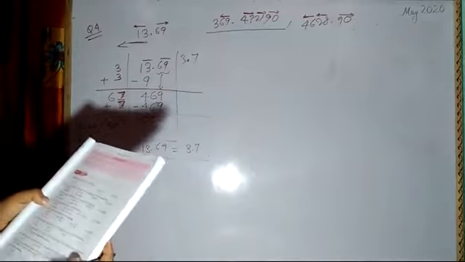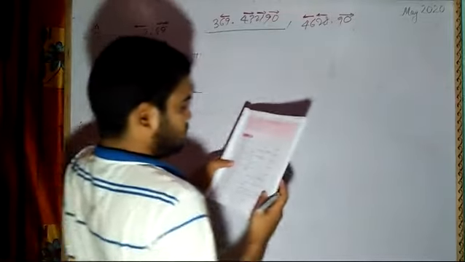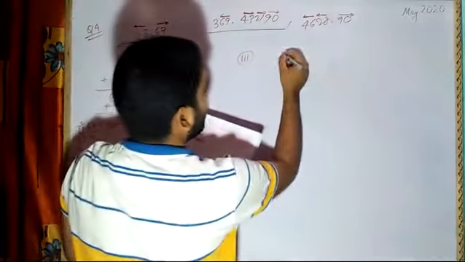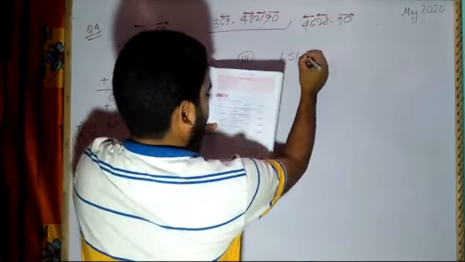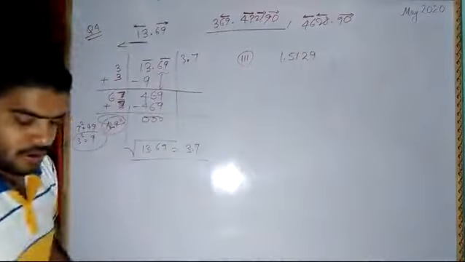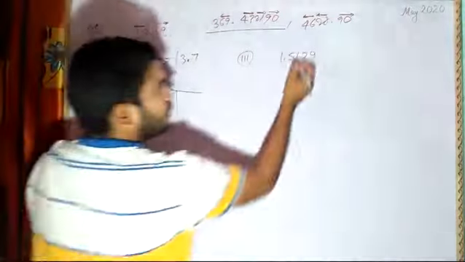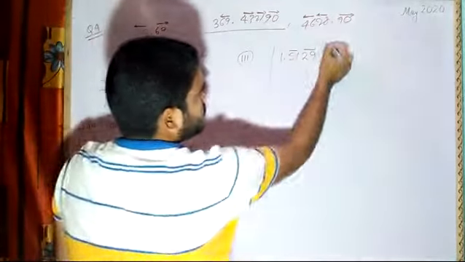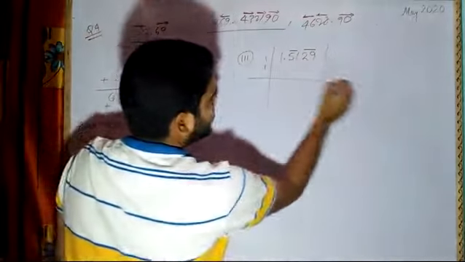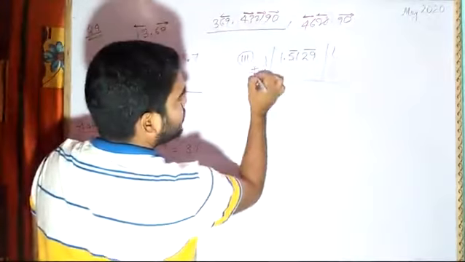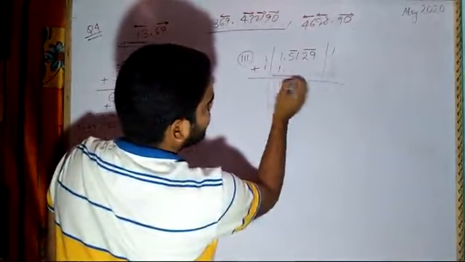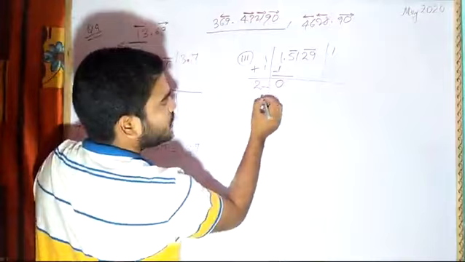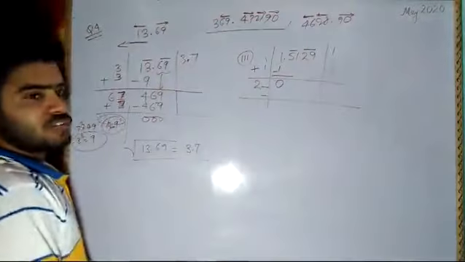Now let us take one more example. Question number 4 only. Let's go for the third number they are saying, 1.5129. Now how are we going to solve? 2 digits that side, this side nothing. So the perfect square 1, it will be 1 into 1, 1 only, right? Add here 1 into 1, 1. Subtract 1 minus 1, 0, 1 plus 1, 2, space, line. This much we will do.